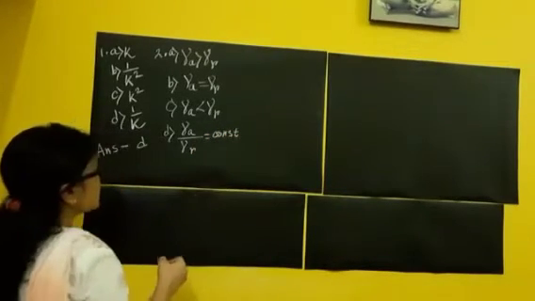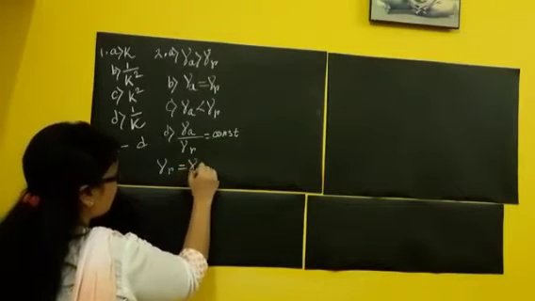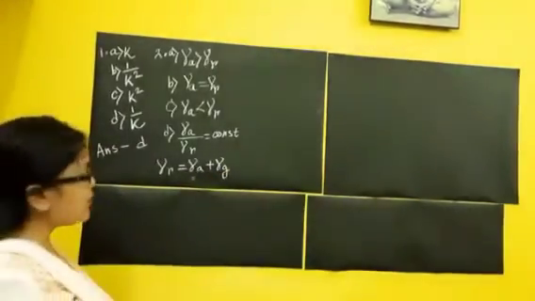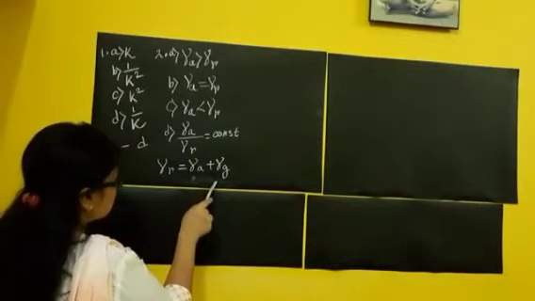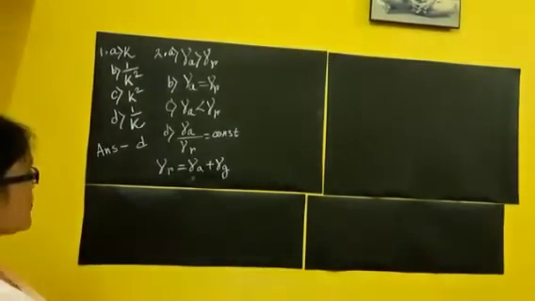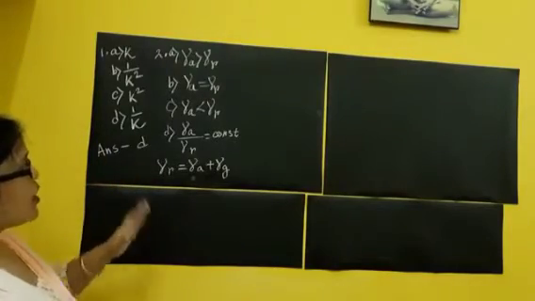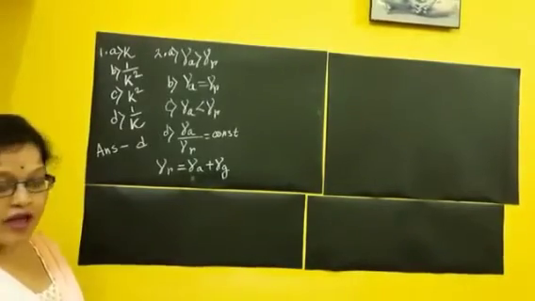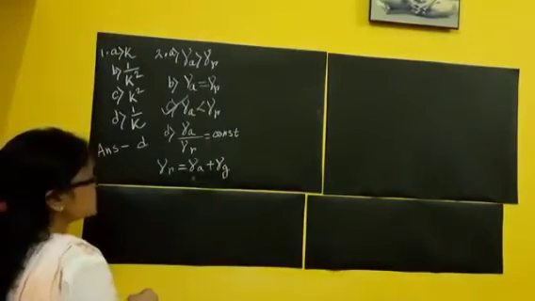Now from the liquid expansion coefficient, what do we know? We know gamma R equals gamma A plus gamma G, where gamma A is the apparent expansion coefficient, gamma G is the expansion coefficient of glass, and gamma R is the real expansion coefficient. Whatever the result, gamma R is always greater than gamma A. So obviously option C will be correct. For question number 2, option C is the answer.